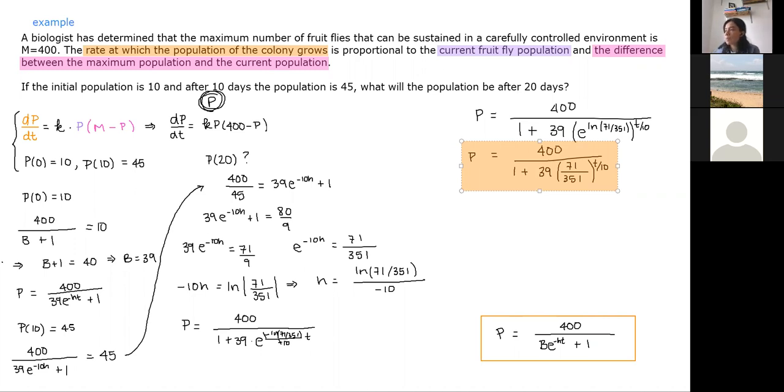Okay, then really the only piece that's missing in order to solve this problem is to actually plug in 20 into this equation. So evaluate p of 20, which once you do this in your calculator by plugging into the exponent of this term over here, should give you a value of approximately 154. Yeah, approximately 154. So after 20 days, there should be approximately 154 fruit flies present. You can finish writing